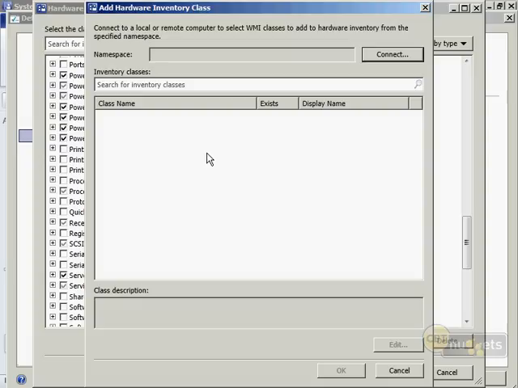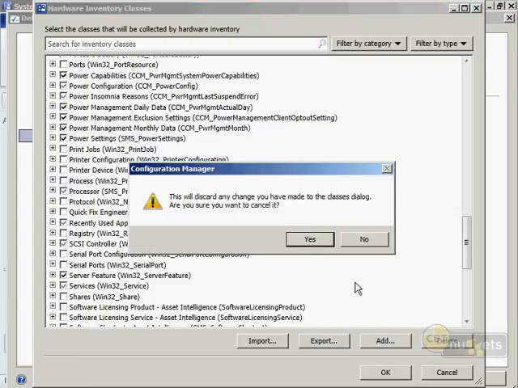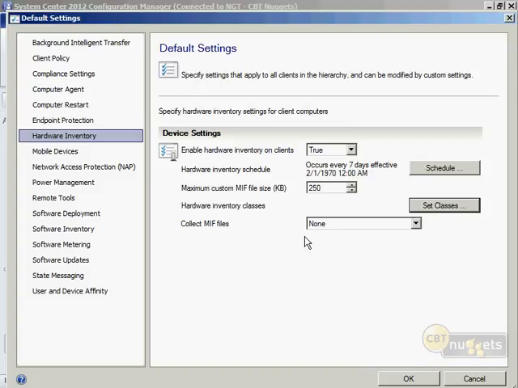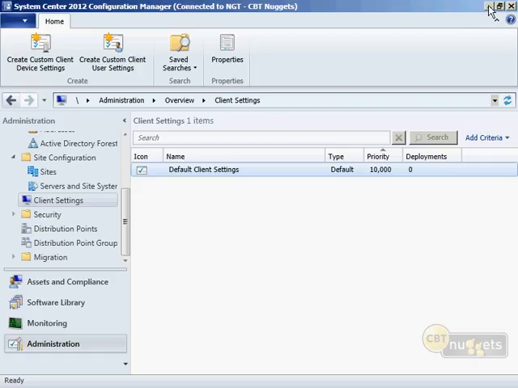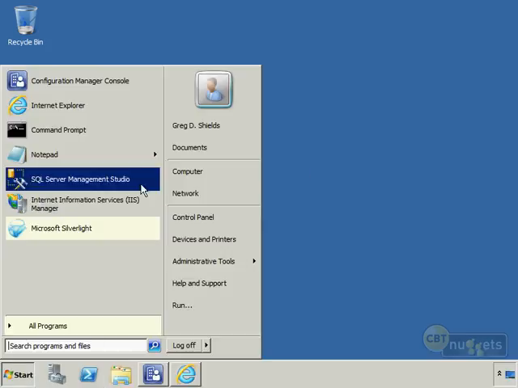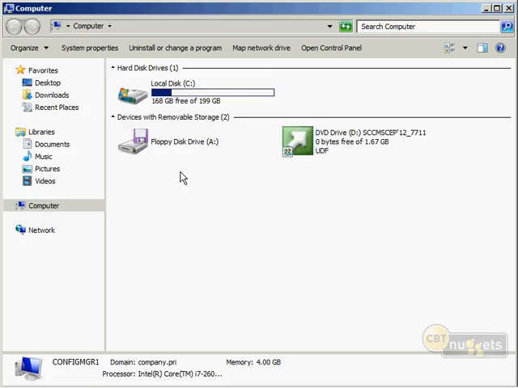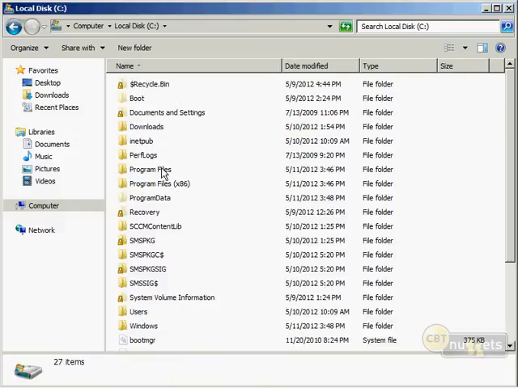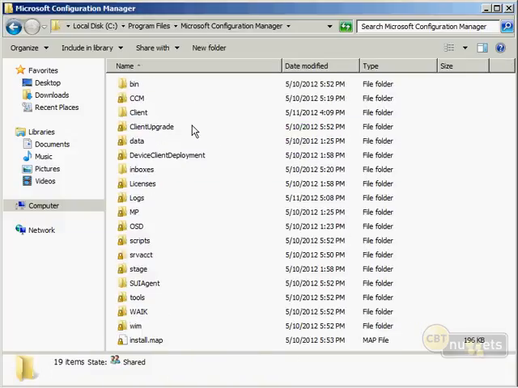So if I have another namespace on another piece of hardware, well, I can identify what classes are on that piece of hardware. Maybe some software is installed, or a piece of hardware is installed with some other class to manage itself. Well, then I can add that to my list of things to add. This, back in the old days, used to be done with a tool called configuration.mof. And back in the old days, this was a much more challenging process to go through. In fact, the configuration.mof file was found in C program files, configuration manager, that was SMS back then,